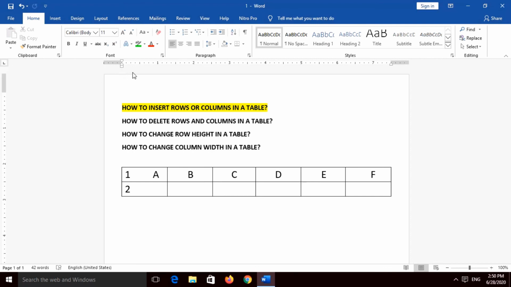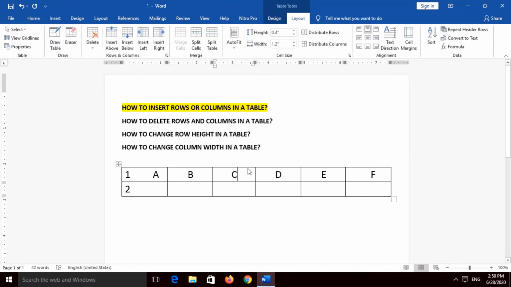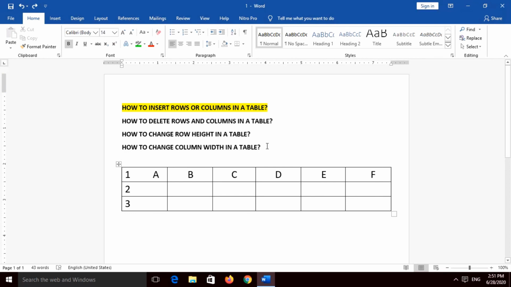The same way, suppose I want to delete a column, let us say I want to delete the C column. So what I need to do, put the cursor on C column, go to layout option, go to delete, and click on delete columns. Now as you can see, the column C disappeared. This is one way of deleting rows and columns. So I brought back, by using Ctrl Z, that is the undo button, all the columns and the rows which I deleted. Now I will show you another method of deleting a row or a column.